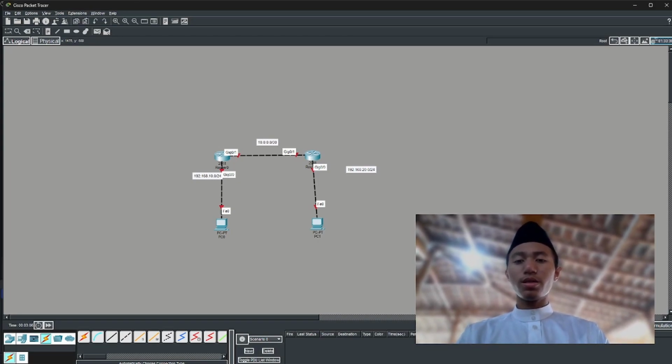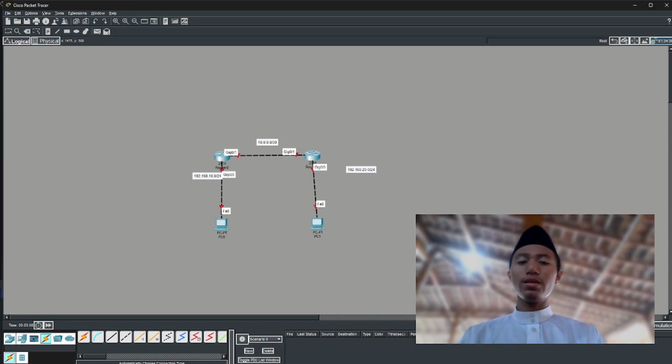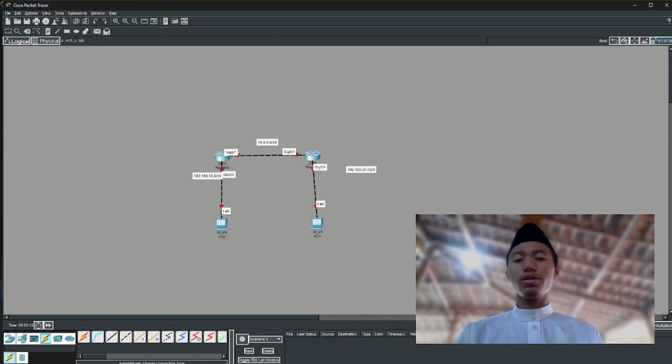Why do I choose EIGRP? Because, personally, it is named Enhanced Interior Gateway Routing Protocol. EIGRP uses the distance vector type and not the link state type.